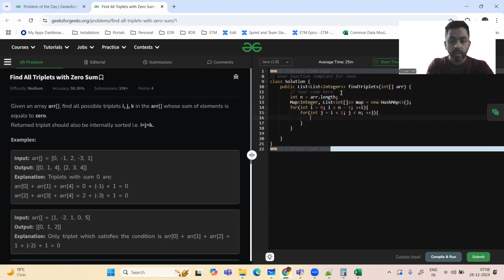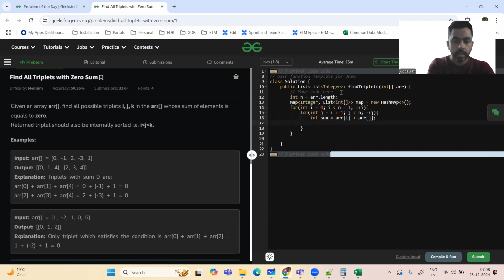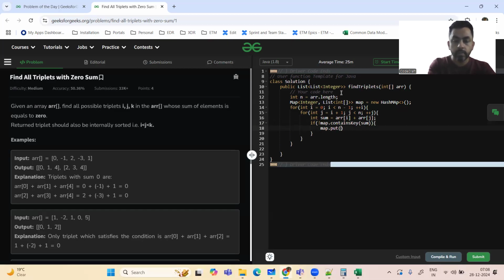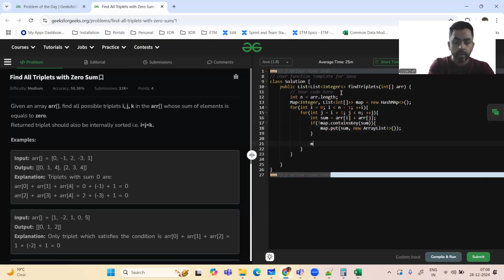Okay. Now what are we going to check? Let's have the sum, array of i plus array of j. Now we're going to check in the map if it contains, map.containsKey, if this sum is not there, right? Then just add map.put sum comma new ArrayList. Just be with me. We are adding an empty ArrayList. Okay, then what we are doing? We are doing get sum. Now this will return the empty ArrayList, right? And we'll add